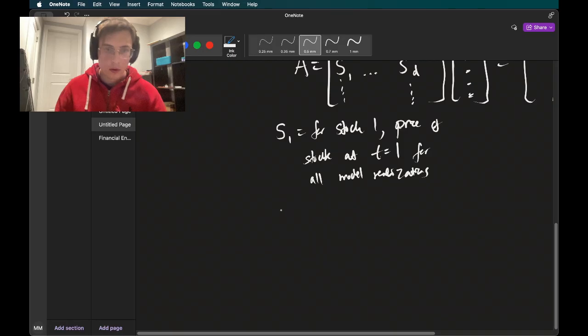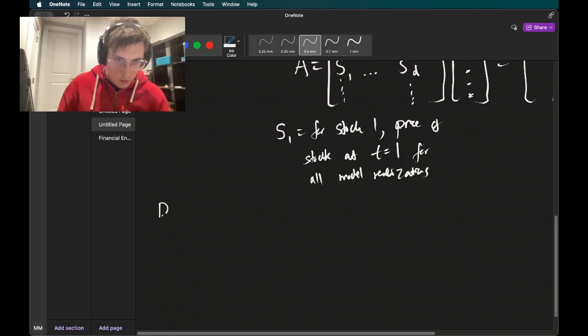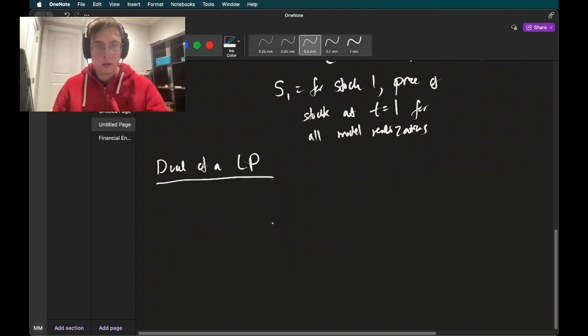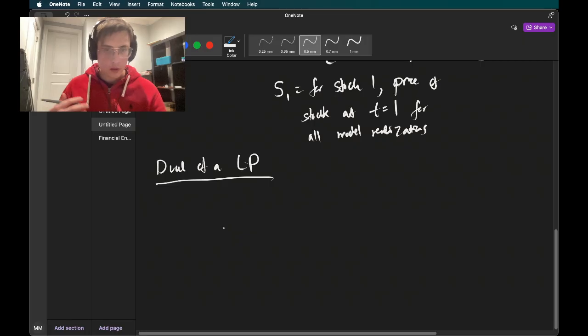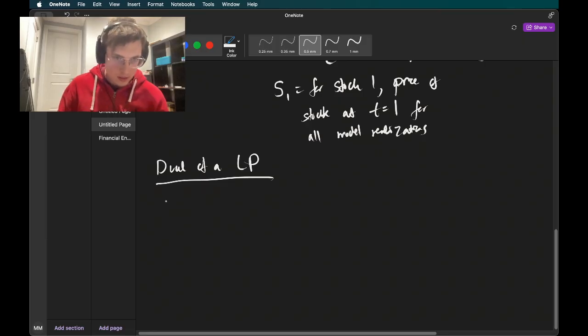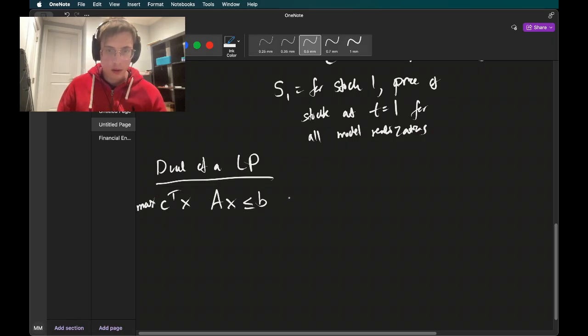So then I want to talk about the dual of a linear program. Okay. So the dual of a linear program is also a linear program. It's very related to the original linear program. So you have a linear program, let's just say c transpose x, Ax less than or equal to b. And again, you're maximizing this in this case. The dual of this particular linear program